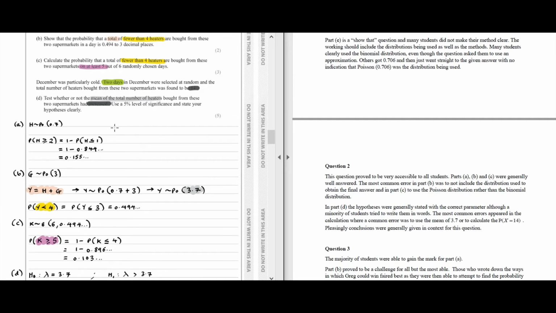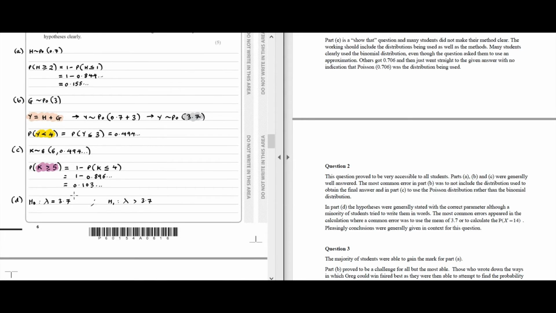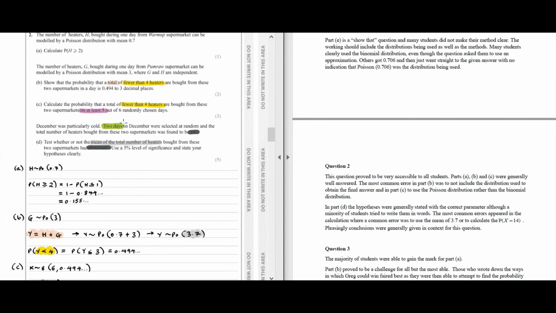For part D of the question, the hypotheses were generally stated with the correct parameter, although a minority of students tried to write them in words. There was no need. The most common errors appeared in the calculation, where a common error was to use a mean of 3.7 or to calculate the probability that x equals 14. You don't need to do that because we had to multiply by 2 because we're talking about 2 days in